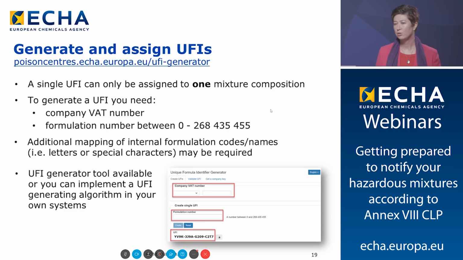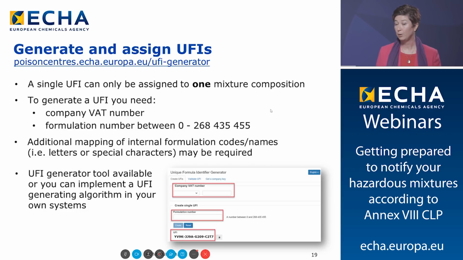You will also need to generate and assign UFIs. A single UFI can only ever be assigned to one and only one mixture composition. And to generate a UFI, you will need the company's VAT number plus a formulation number between 0 and 268 million. For those companies that already use formulation codes or names, then some additional mapping may be required.